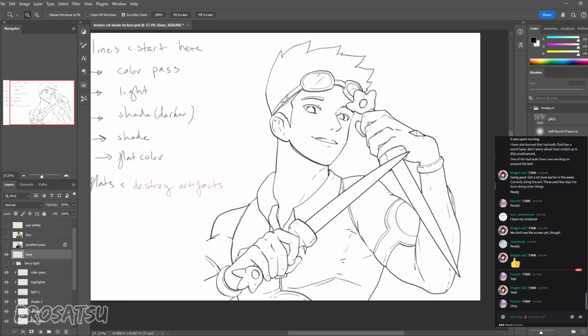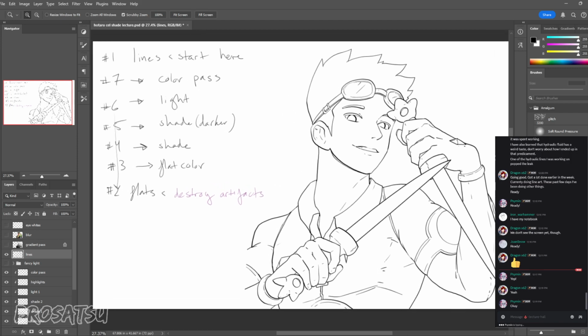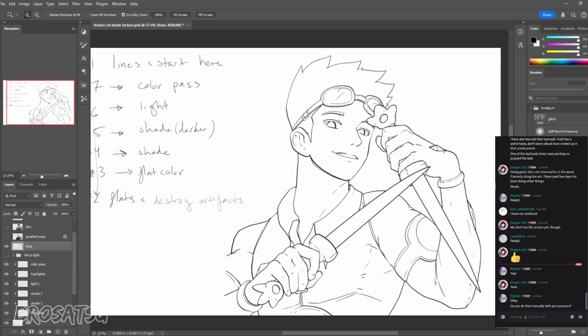So, finally, we have lines. How do we color them? Well, this comes back to that flat one I was talking about. Let's see here. So I've actually set this up so that